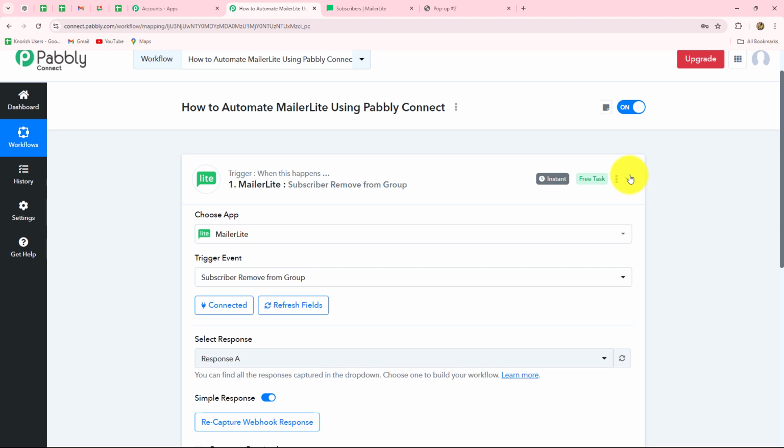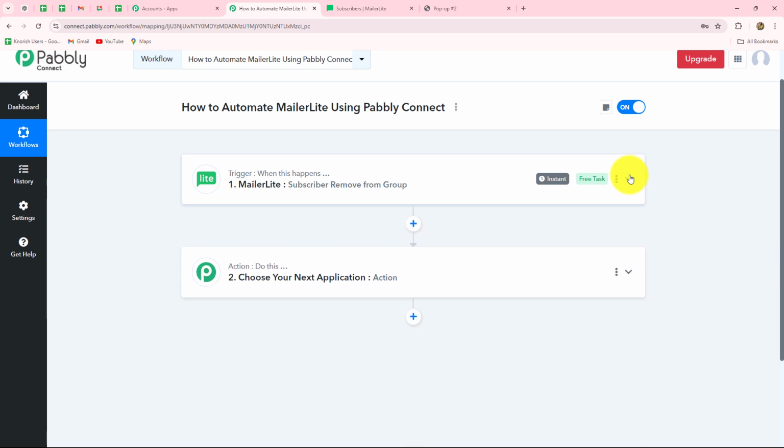So as we have received the response with all the exact details, this means that our connection between MailerLite and Pabbly Connect is absolutely successful as trigger. Now whenever a subscriber is removed from any of the groups inside my MailerLite account, I'm going to receive the response. And further, by adding the action steps, the action applications, I can transfer the same response to